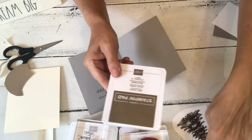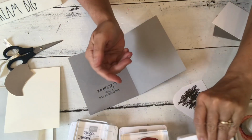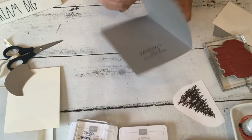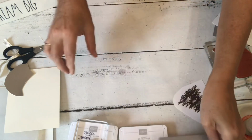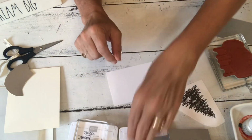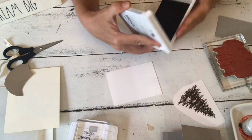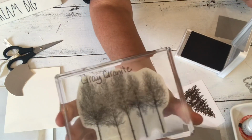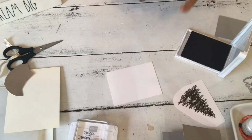I'm on to my second set of the new ink pads, so you can see I haven't added my colors to those. And this is gray granite. And this is another sheet of Shimmer cardstock. And this is the stamp. You can see it's really, really delicate rubber carving